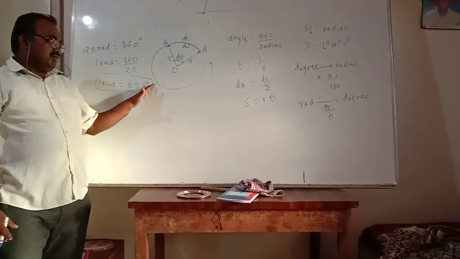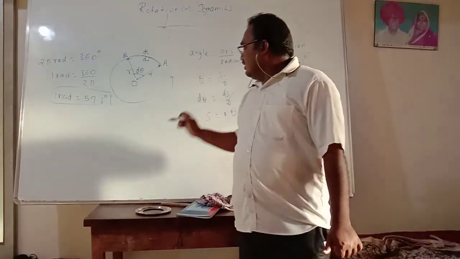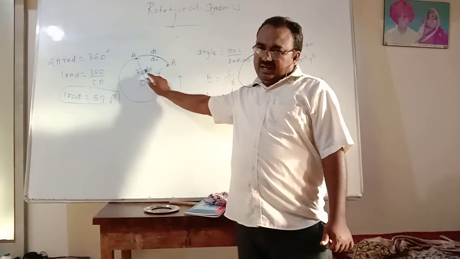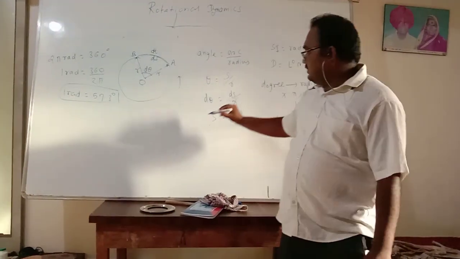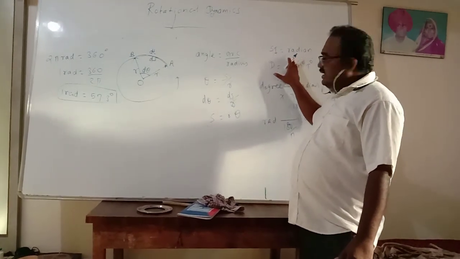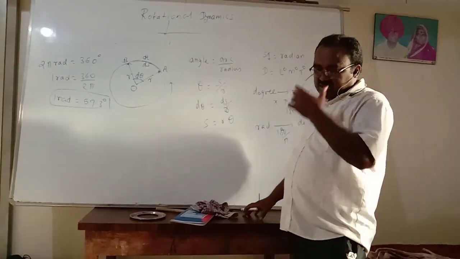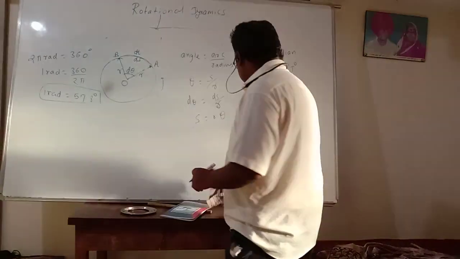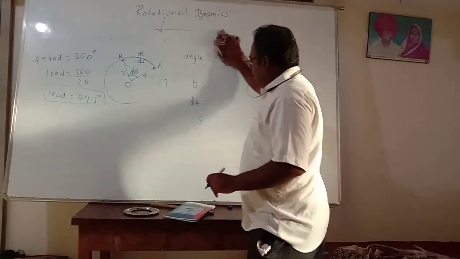Now we have covered angular displacement. What is the definition? The angle made by the radius vector at the center of the circle is called the angular displacement. Formula: theta equal to s upon r. SI unit radian, and it is a dimensionless quantity. And you have to remember the relation: 1 radian equal to 57.3 degrees. We will move next to the second part,